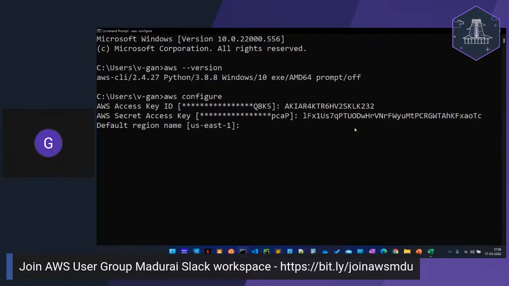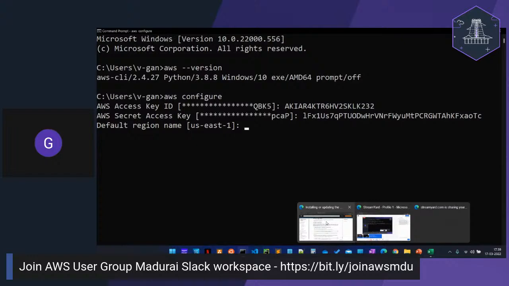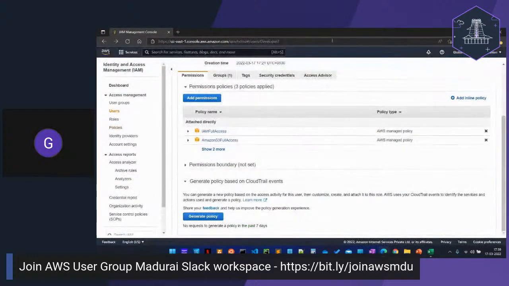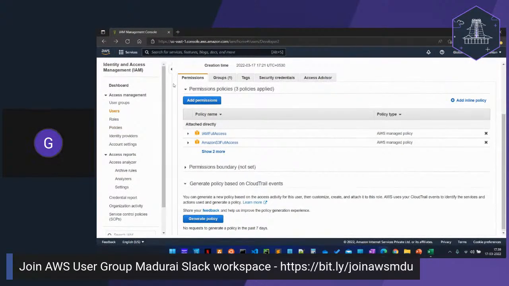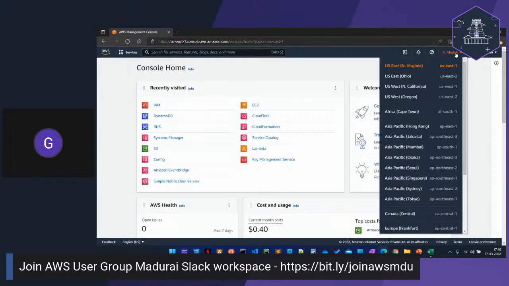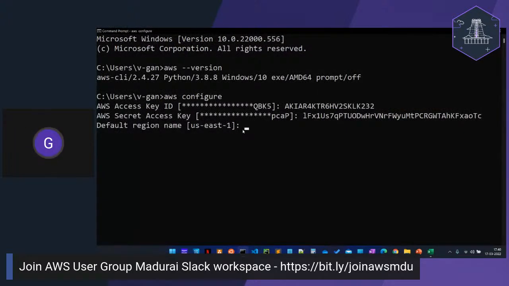Next, what is the default region name? So most of the AWS resources or services are region specific. If we see here, IAM is a global service, and hence we see it as global. But if I go back to my console, you can see I'm in North Virginia, which is nothing but the US East 1 region. So if you are operating in the same region, fine. If not, if you want to change, you can just type in the region name and press enter. And finally, what is the output format? Say you are executing commands here, and in what format you need, whether it is JSON or, for example, a table format, you can provide that. JSON is fine for me, so I will give that. So now you are ready to